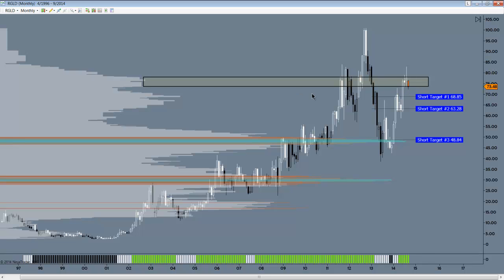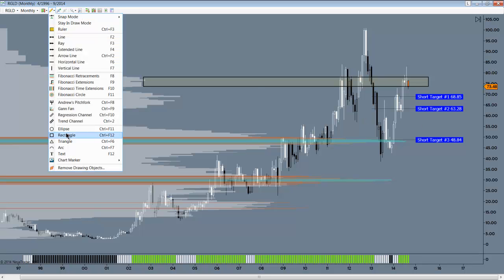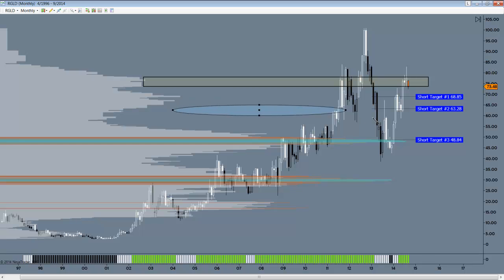So the follow through, we'll see it down to 68.80s for this zone here. Look to the floor of that balance beam at about 63s, and then a big air pocket opens up, taking it to where there's a lot of trading commitment in the $48, $49 camp. Okay, so that one is ready to fall quite a bit, and if it's trading over about 79 or so, that would be a sign of strength from Royal Gold,